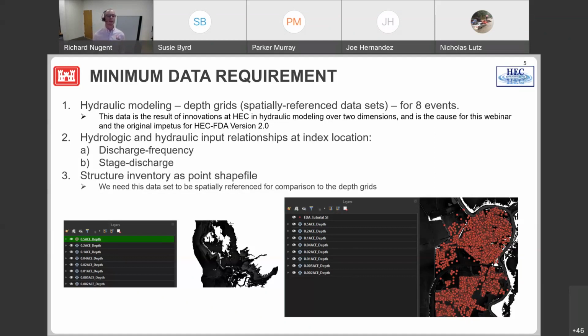We're going to need the hydrologic and hydraulic input relationships at the index location. So we'll need the discharge frequency function, whether the flows can be described using a log Pearson type 3 distribution or the flows need to be described using a graphical. We will need the flows and we will need the stage discharge function. There is an option to ask for the stage frequency function instead, but the stage frequency function should only be used in